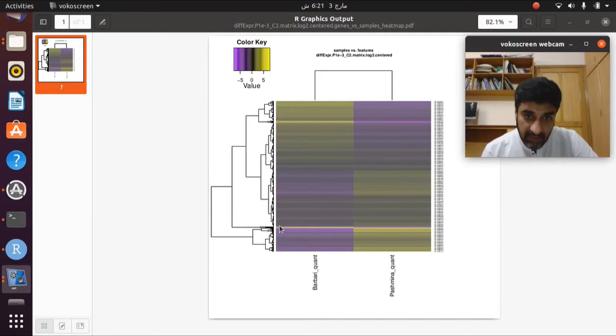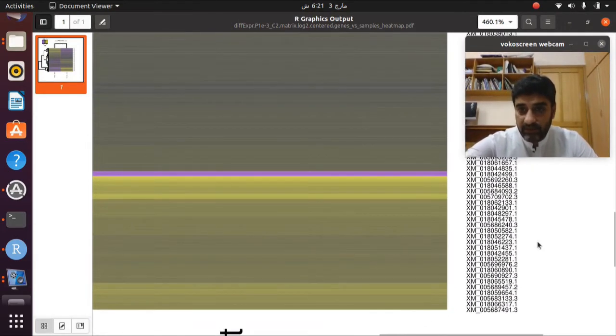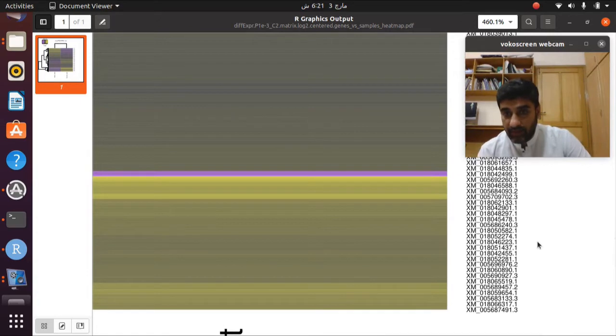So all these genes, like the ones I will show you, like this one. You can now have a better view of the accession numbers of the transcripts. All the transcripts in NCBI starting with the XM symbol are the messenger RNA of the transcripts.